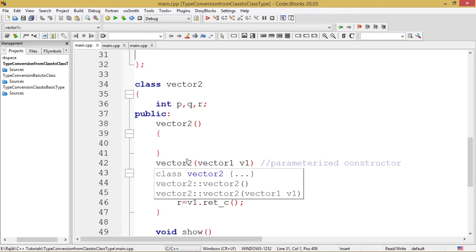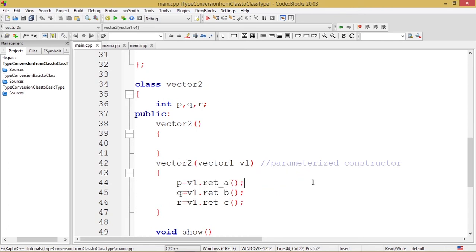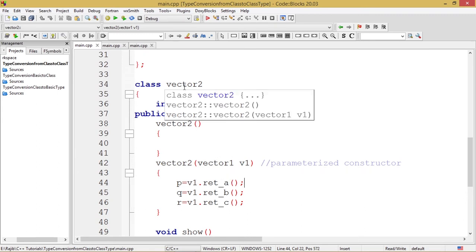The parameter in this parameterized constructor is nothing but an argument of a class type. Of which class type? Of the vector1 class type, the class which has been declared before this class vector2 is defined.